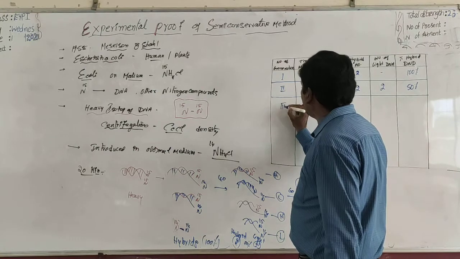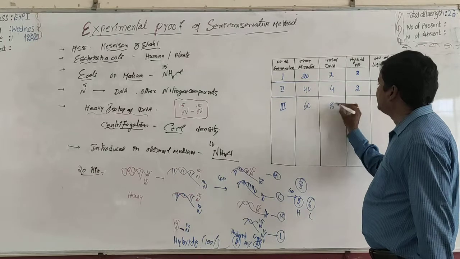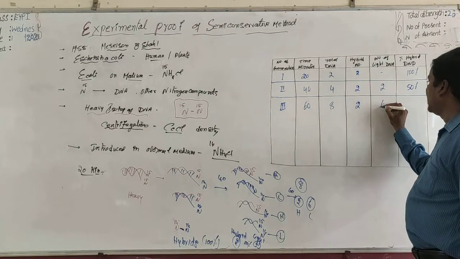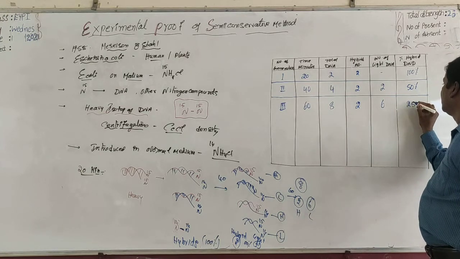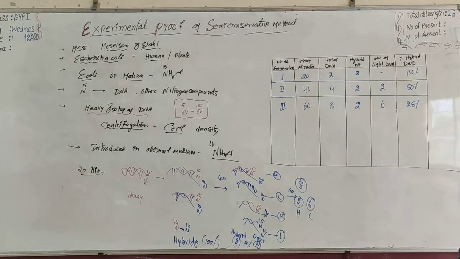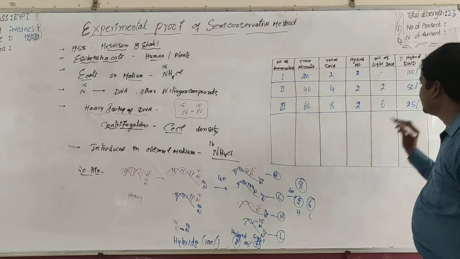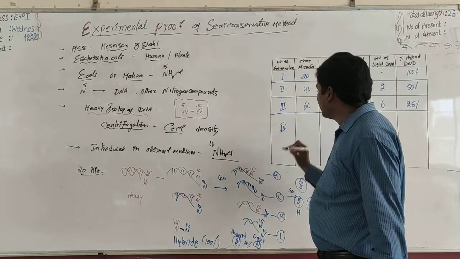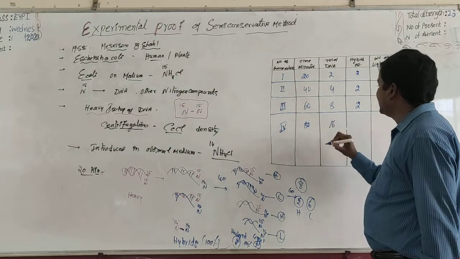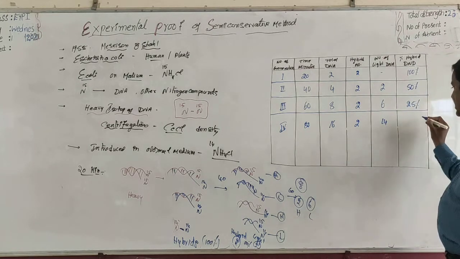Now coming to third generation, that is after 60 minutes, 8 DNA molecules are formed, 2 DNA molecules are hybrids, and 6 DNA molecules are light DNAs. Here also hybrids number reduced to half, that is 25%. And in fourth generation, that is 80 minutes, 16 DNA molecules are formed, 2 are hybrids, and 14 are light,